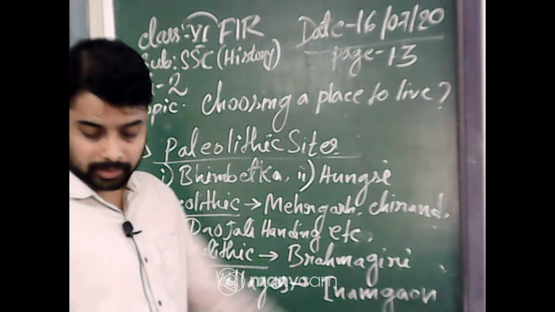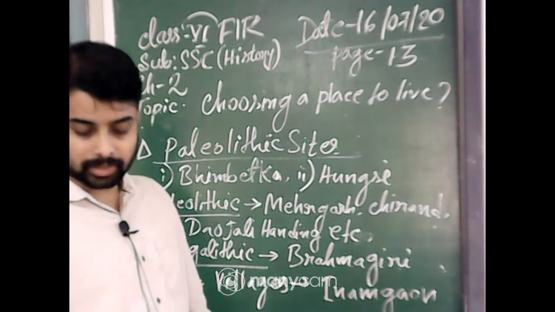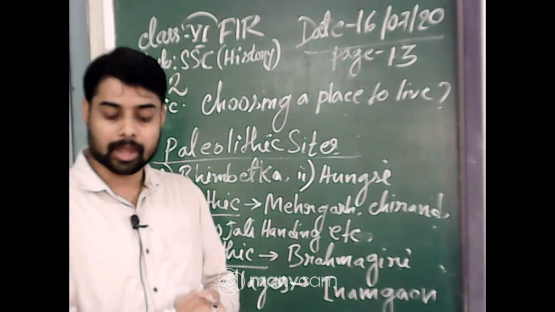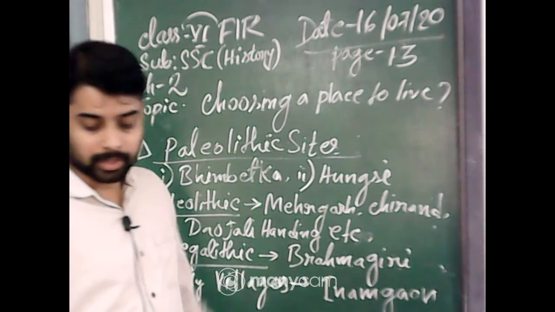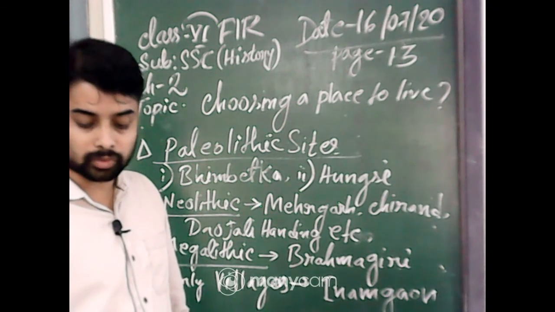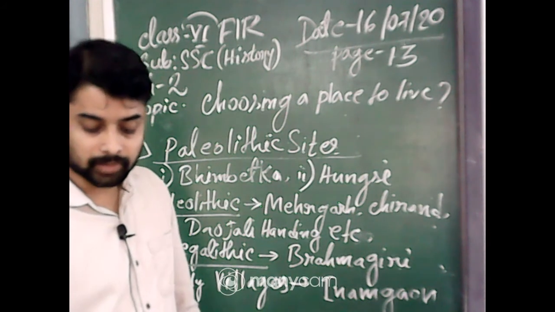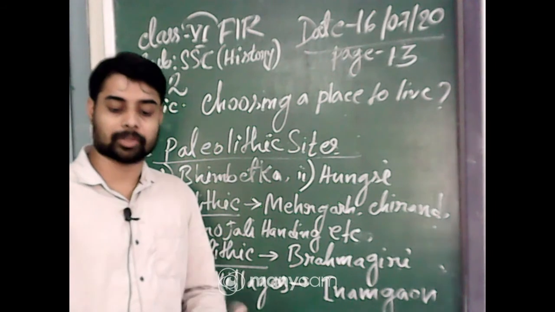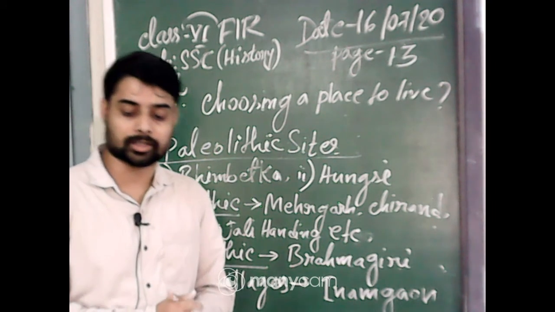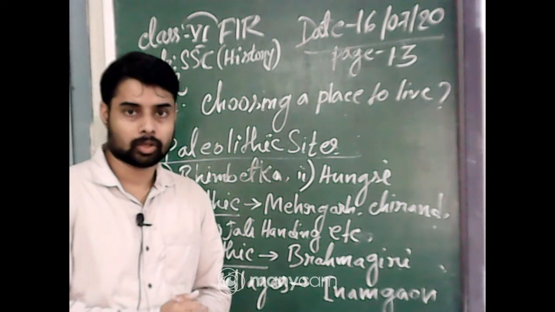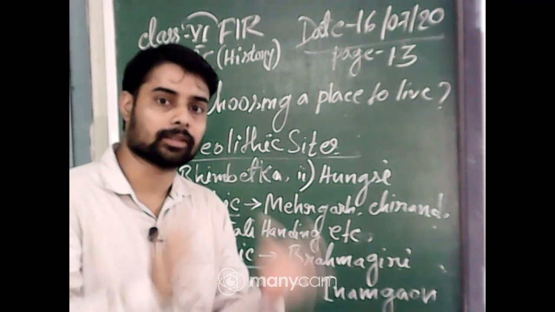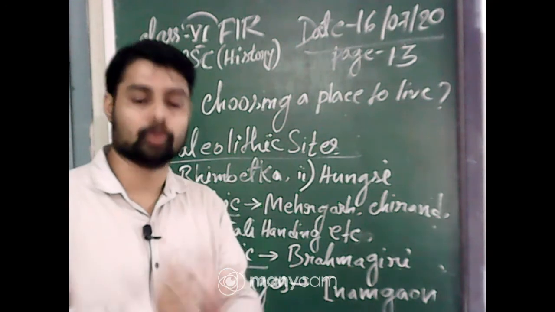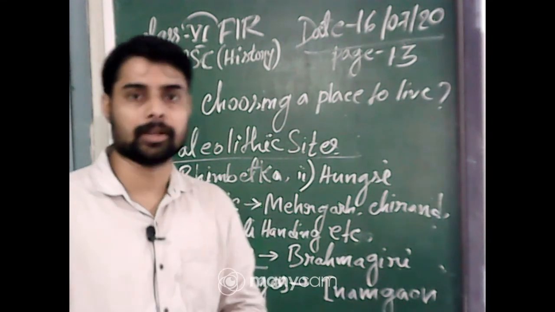So these are some sites where archaeologists have found evidence of hunter gatherers, their tools, their weapons, etc., and only some are shown in the map. Many sites were located near sources of water such as rivers and lakes. And as stone tools are important, people tried to find places where good quality stone was available. They migrated in search of good stone. We will discuss it in the next class.